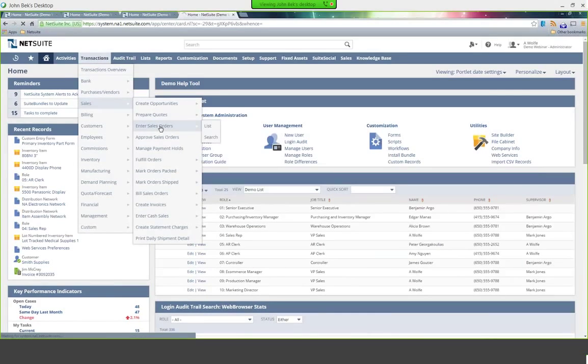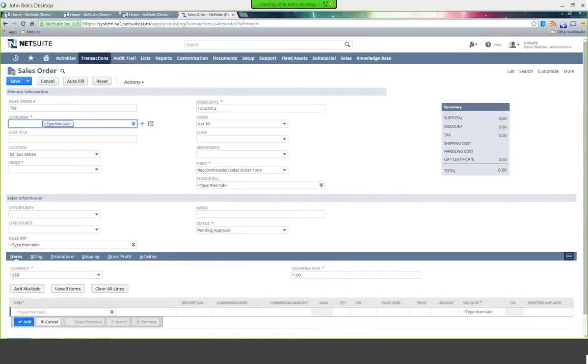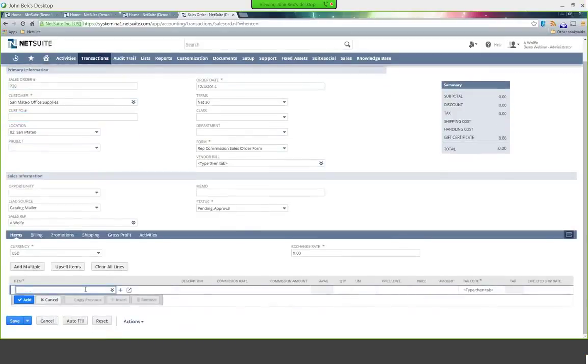I'm going to go back into order entry. I'm going to enter an order from scratch. So we'll just put in our customer. Notice that just by keying in the customer description, it's pulling that customer up. So I can click on that and come down here to the bottom. And if you notice, I'm just going to key in an item here.